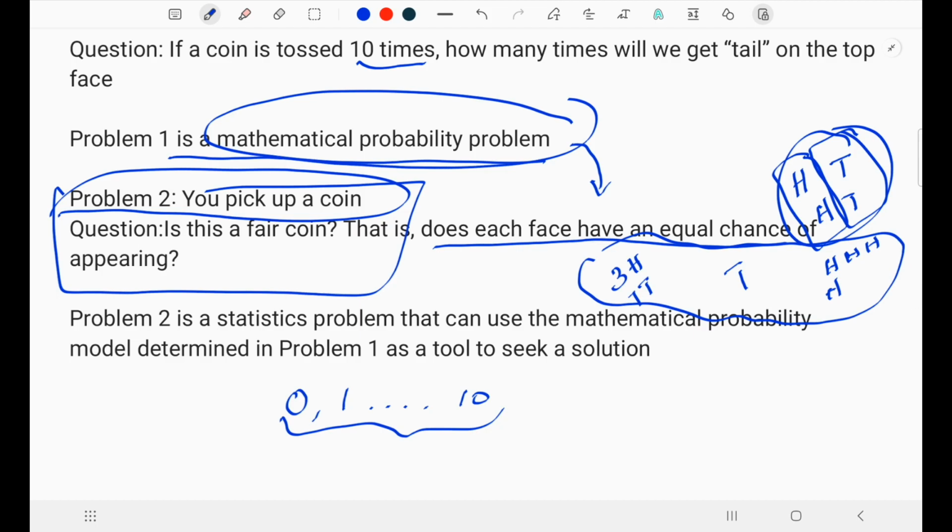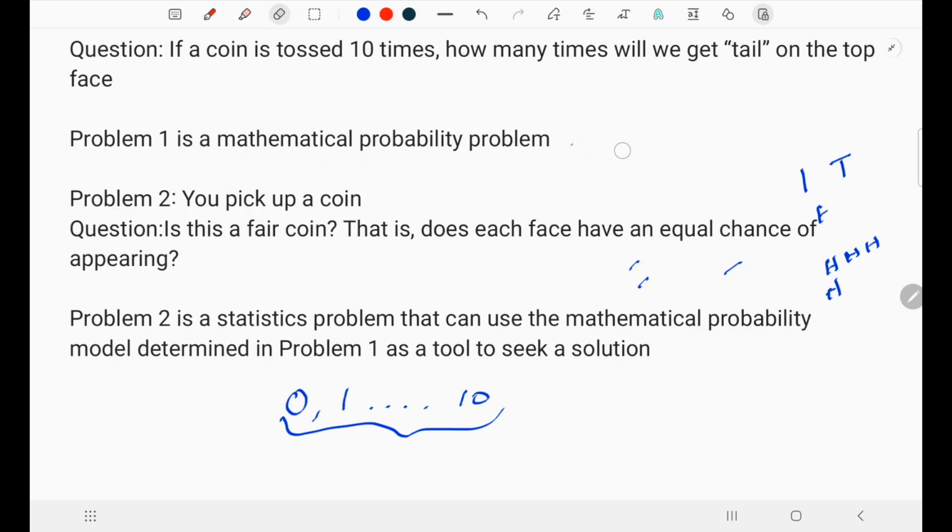Now the solution for problem 2 starts with unfair tosses. We do not know if the coin is fair or biased. If I toss a coin, or if I pick a coin from the bag, it is unclear because I don't know how many times each face may come; it may be fair, unfair or biased. The search for an answer is experimental.